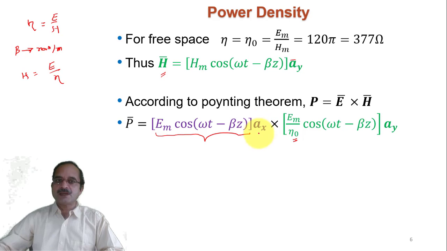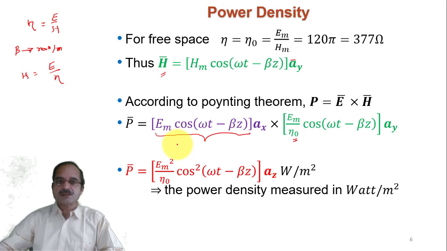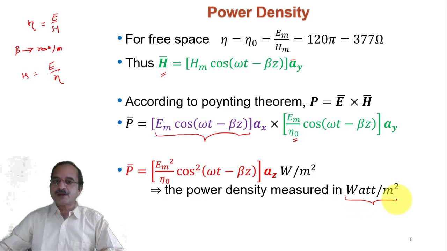So this is E cross H. Now Ax cross Ay, it will be Az. Then Em into Em, it will be Em square, and cos into cos, it will be cos square. So this simplifies to Em square upon eta 0 cos square (omega t minus beta z) Az watt per meter square. So this gives us the power density measured in watt per meter square. So this is the instantaneous power density